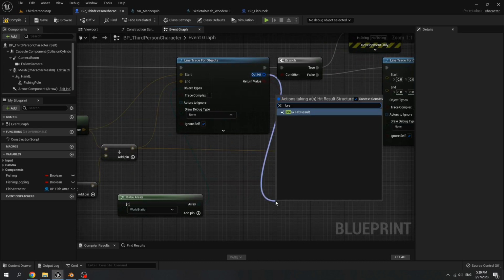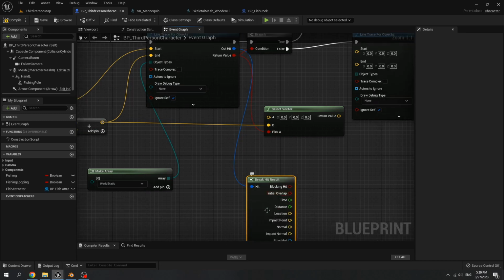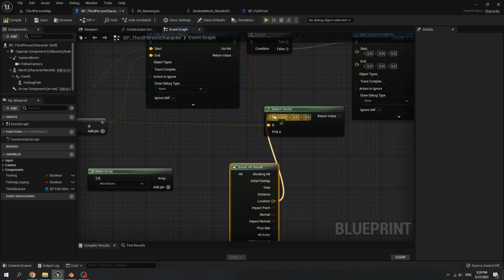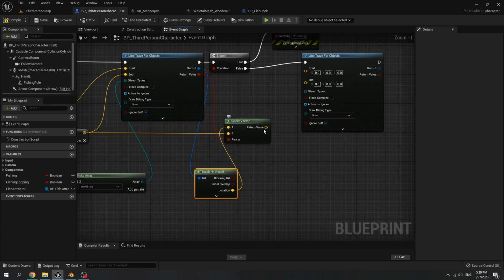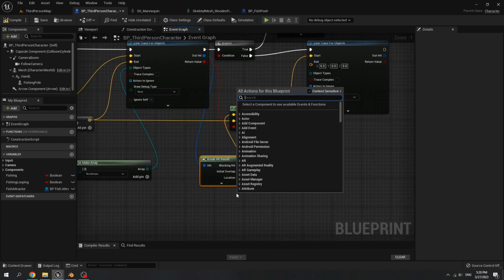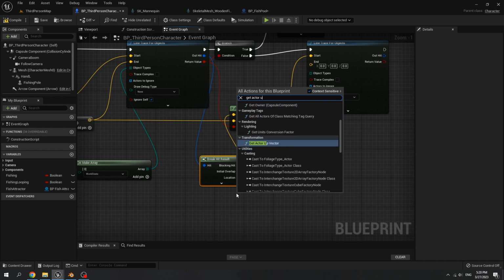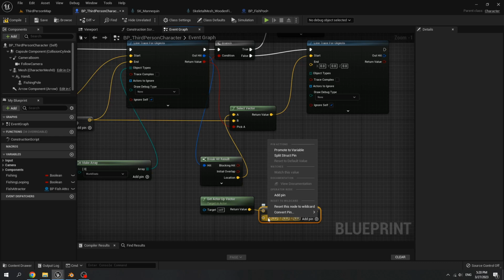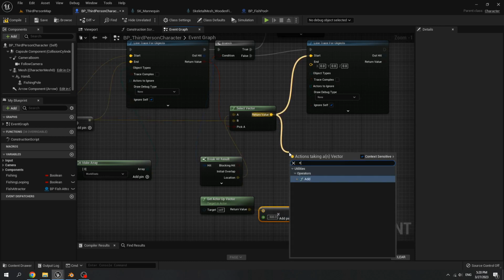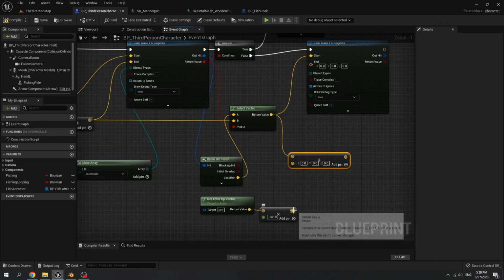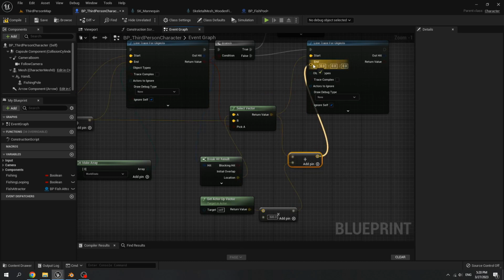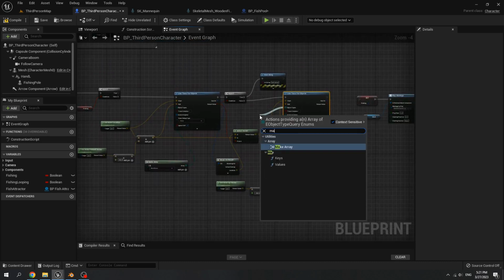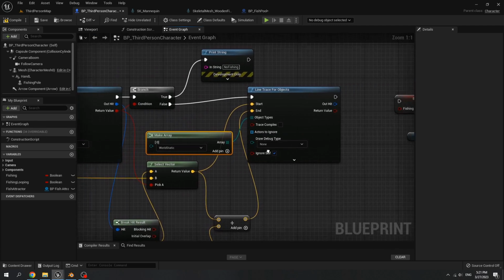Out hit, break hit result, expand it, connect location to A vector, then connect it to start, get actor up vector, multiply, right click on the second vector, convert pin to float, set the float to -500, add the location to the actor up vector, connect it to end location, make array, line trace for world static.